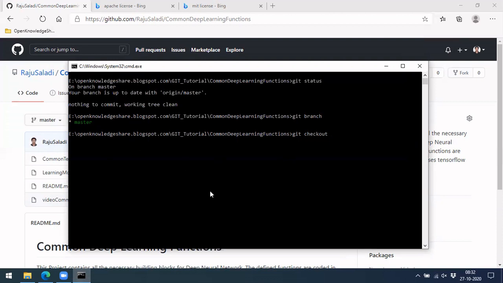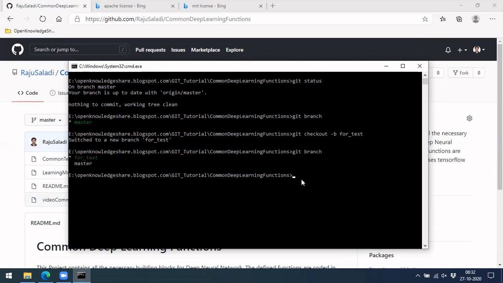If we want to create a new branch, since currently we only have master, we use git checkout -b and then the new branch name. Let me write it as for test. Once you do that, it switches to the new branch for test. Now let's see git branch.